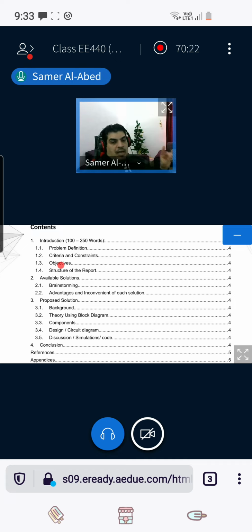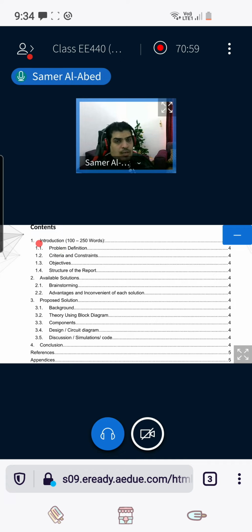So forget about APA style, IEEE style. I'm giving you what you need to do exactly here. I will tell you which font type, which font size, what you need to do exactly. It's already written in the template. Just follow what's available in the template. So follow the style of the template. I don't need you to follow APA style or IEEE style. Just follow the style of this template. With respect to the references, it's better to use IEEE style.